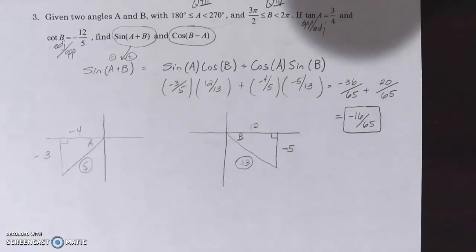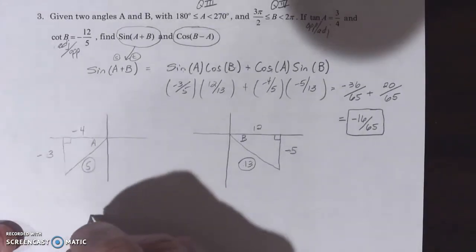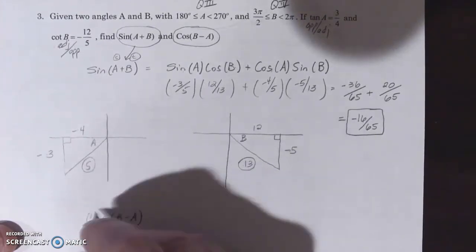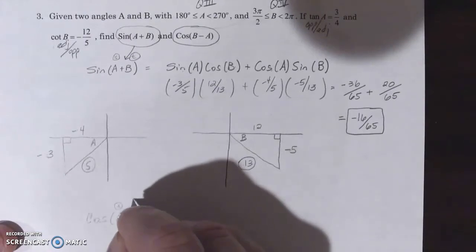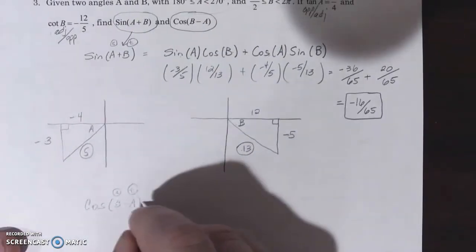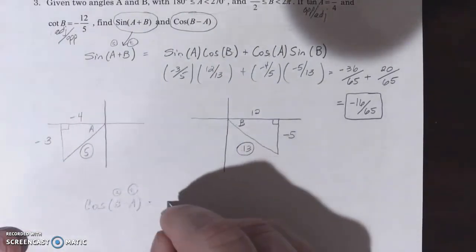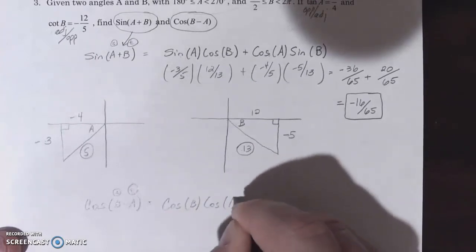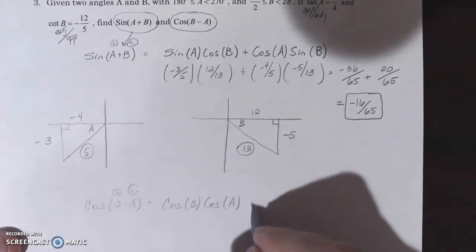We would do the same thing for cosine of B minus A. Okay, we won't go all the way through. Actually, we probably can. We've already got our reference angles drawn. This would take the place of our S and our T in our formula. Looking back at the formula, straight off the formula, cosine of S, which is B in this case, cosine of A, sign changes,